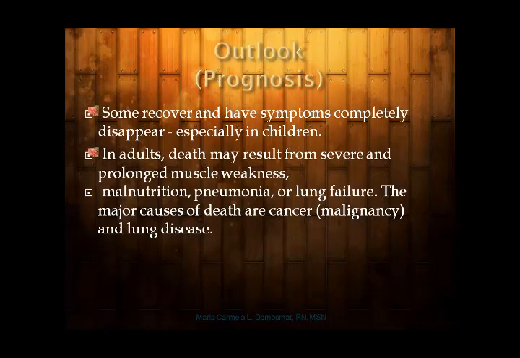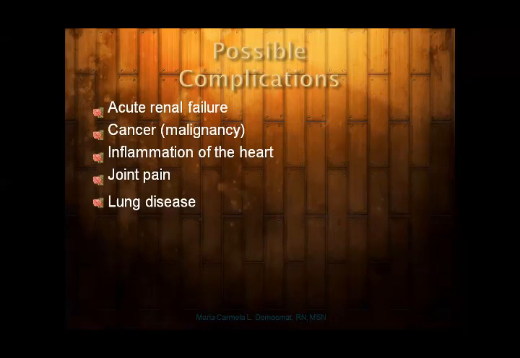So they may have aspiration pneumonia, may have interstitial lung disease due to pulmonary fibrosis, hypoxemia leading to type 1 to type 2 respiratory failure, and they may die of underlying malignancy, and that is more important to treat as part of dermatomyositis. Possible complications, just like polymyositis: dermatomyositis can have acute renal failure, and the underlying malignancy can get worse; if not treated, it can metastasize locally or distantly.